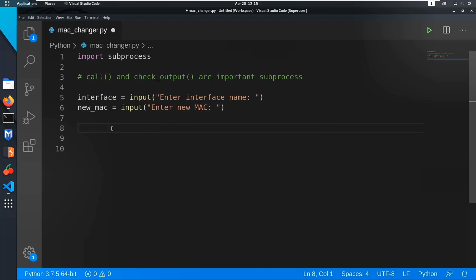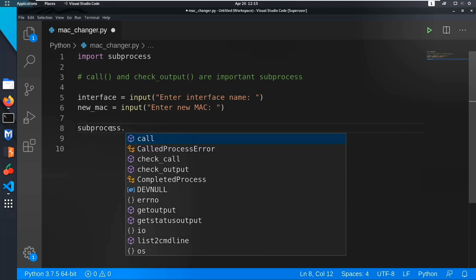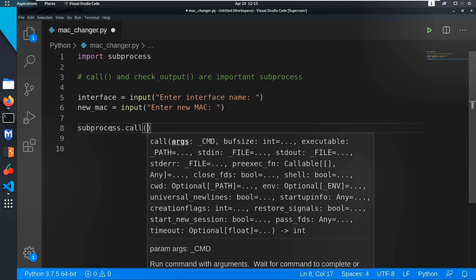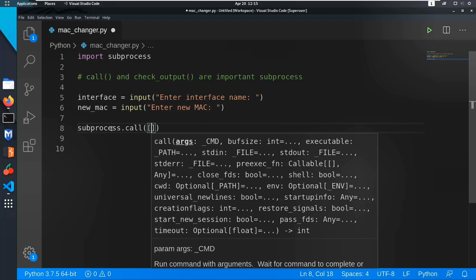So I will write subprocess dot, as in Java where you call with the class name dot method, and call, parentheses, and since it takes a list, you also need to open the square brackets.